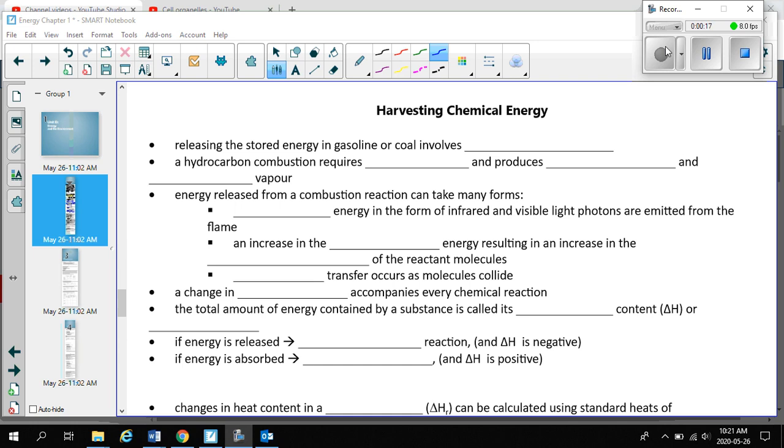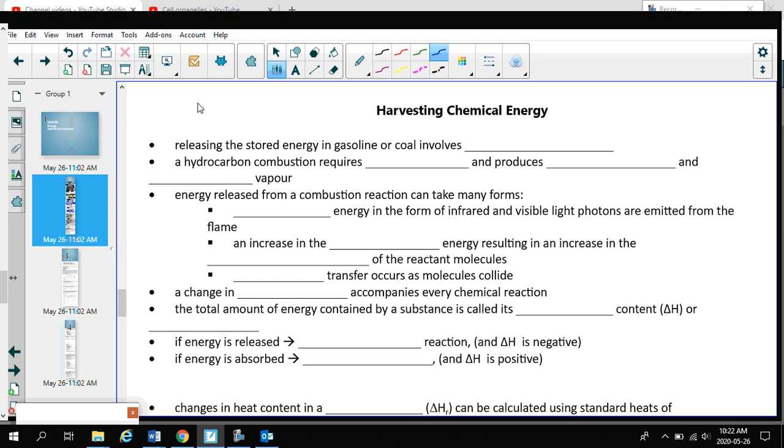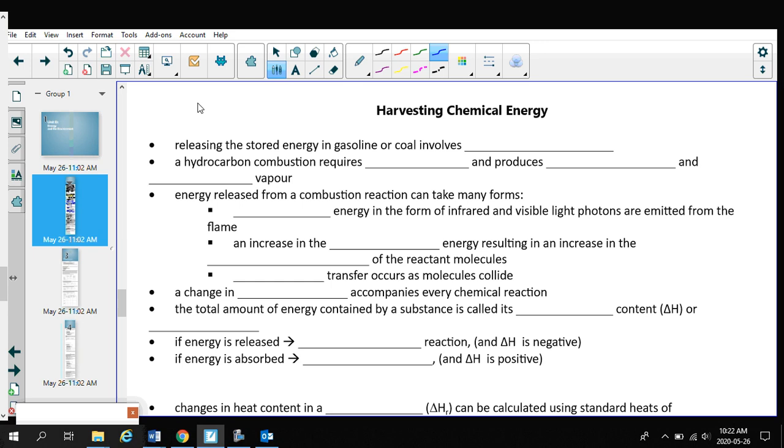So we know global energy demand is increasing due to various reasons. So what we want to look at is how is that energy extracted? How much energy are different compounds containing? Releasing the stored energy in those petroleum products, whether it's gasoline or coal or methane, any of those petroleum products, even if you think about wood, what